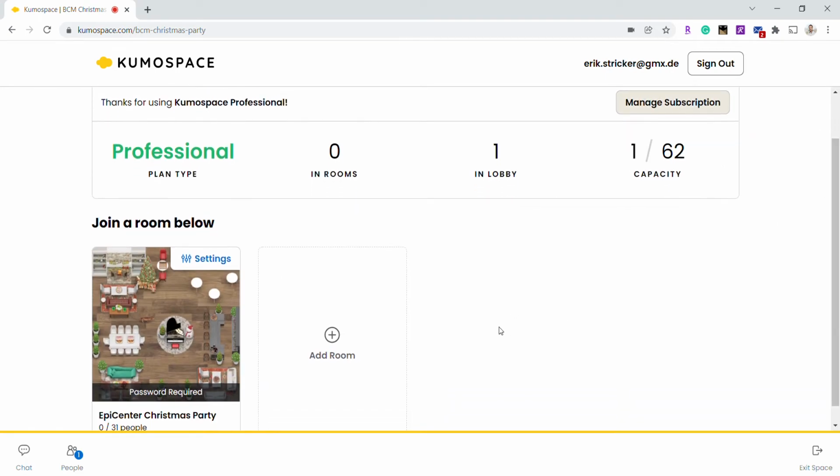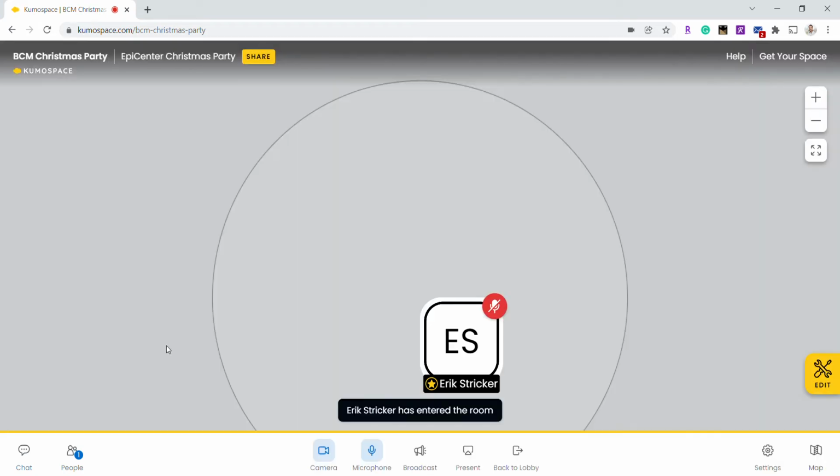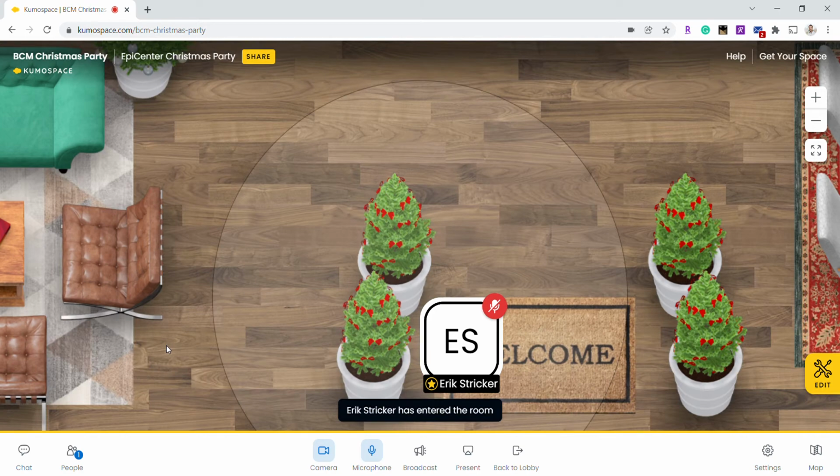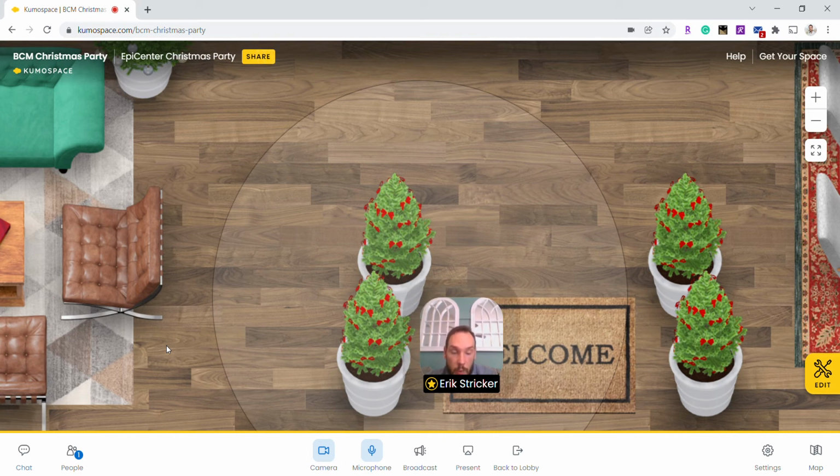Once we're joined, we're in the lobby. The lobby shows you all available rooms. For us, it is only one room, so let's head in there. Once we're entering the room, we hear the doorbell ring, basically signing that we're here, and we can move around